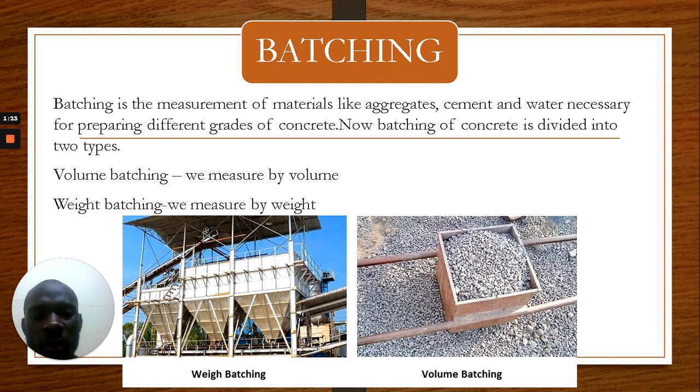So this is volume batching, where volume of materials are measured, then concreting takes place. Then this is a batching box. So this batching box, we pour in materials, and when the materials are full, they are of a certain volume. So those are the two methods of batching, where we have weight batching and volume batching. So we go to process number 2, which is